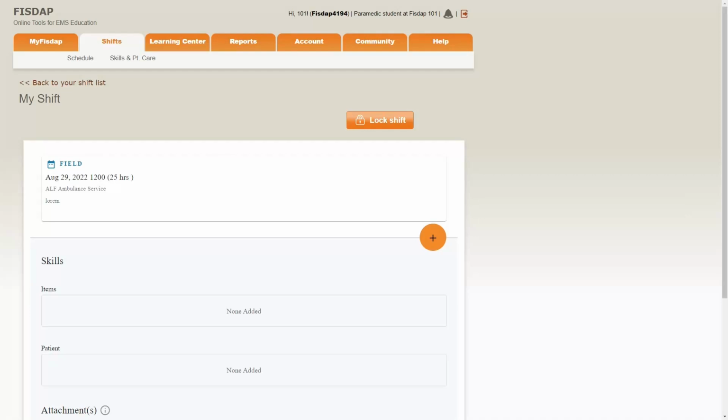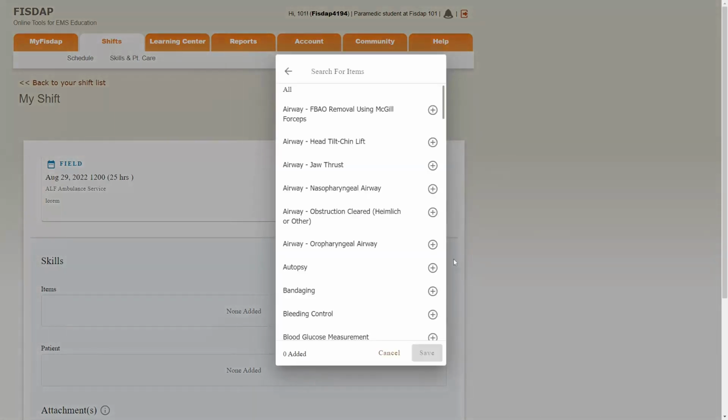As a student using the new competency tracker, I can add an individual item to my shift by clicking on the orange button and then selecting individual item. An individual item would be a skill I've performed on a patient where I don't have all the information for the patient to fill out a patient care report, but I still want to get credit for the skills I've